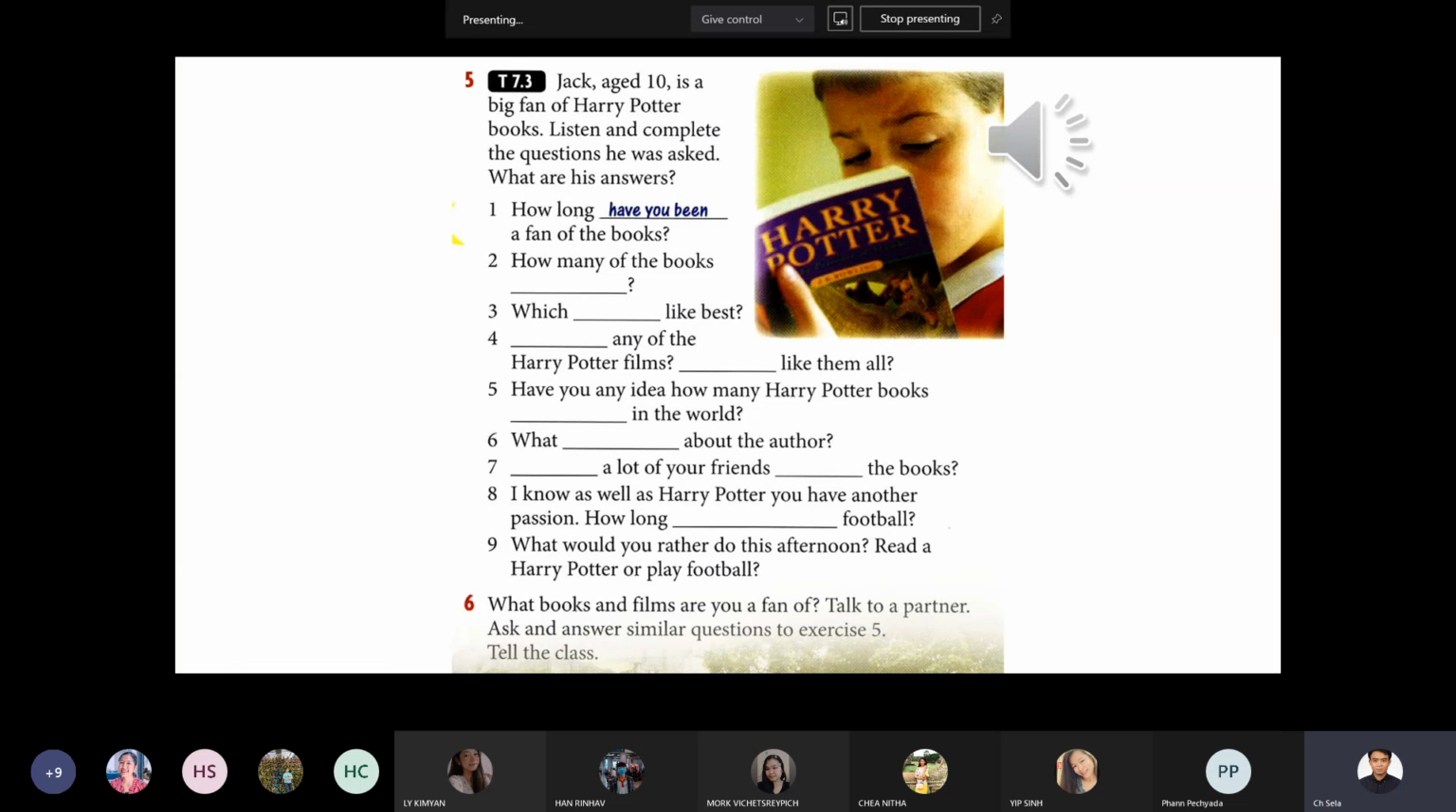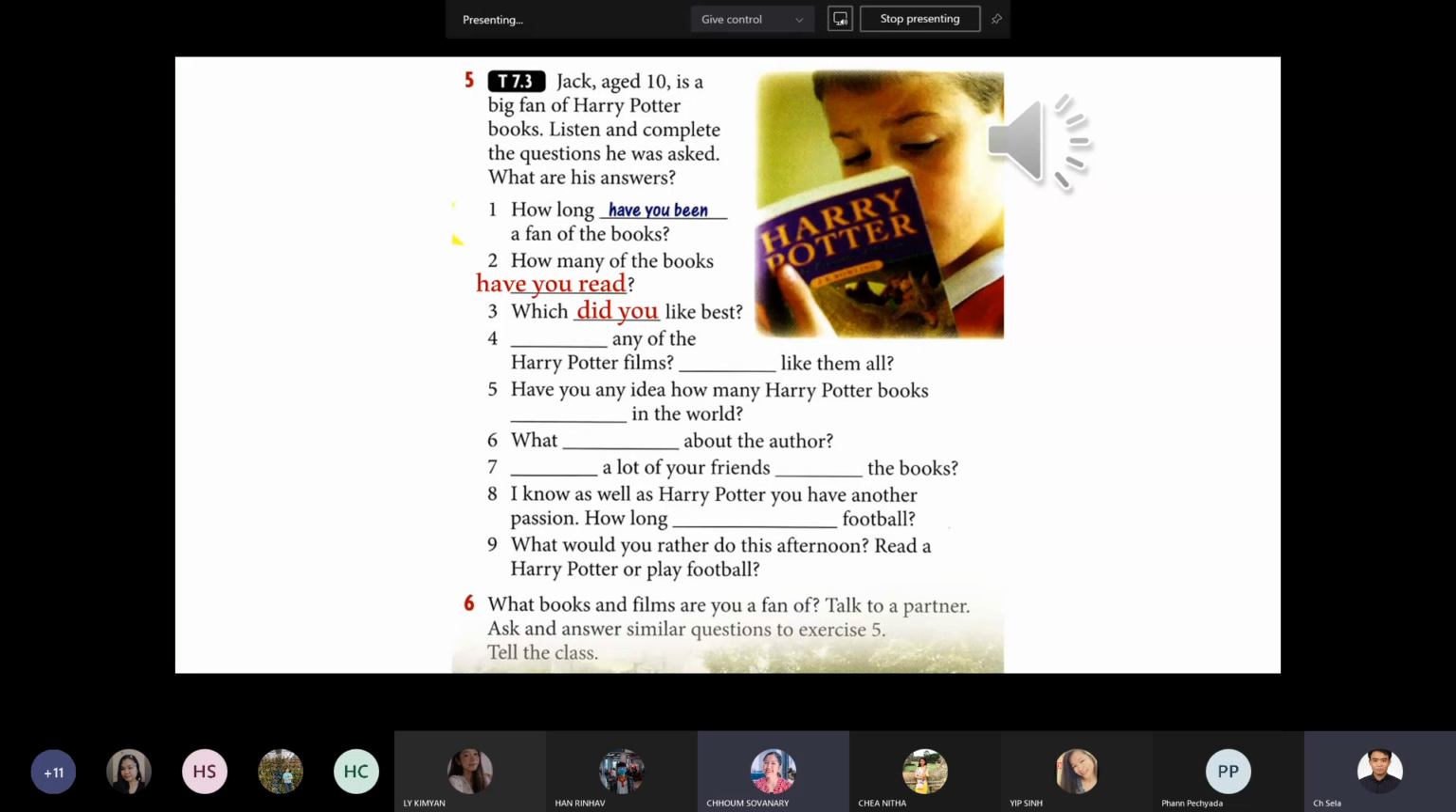Okay, now we just go straight to the answer. Number 2: How many of the books have you read? Number 3: Which did you like best? Okay, number 4,